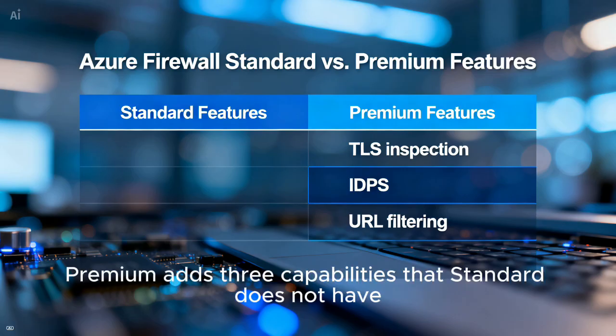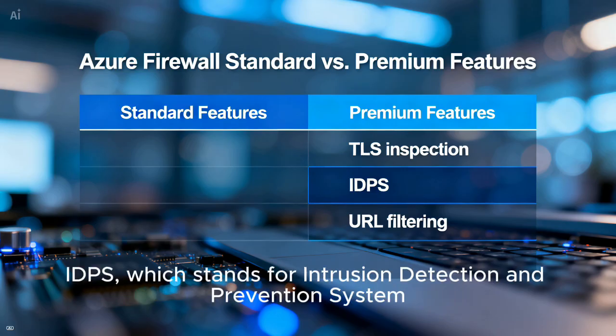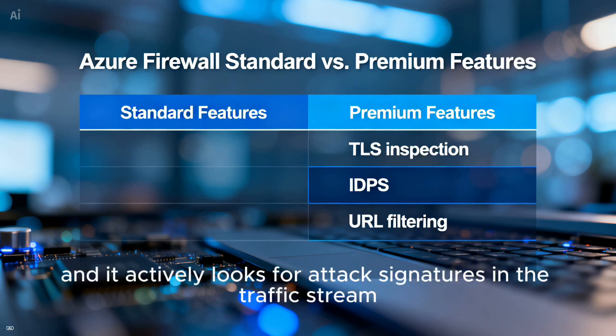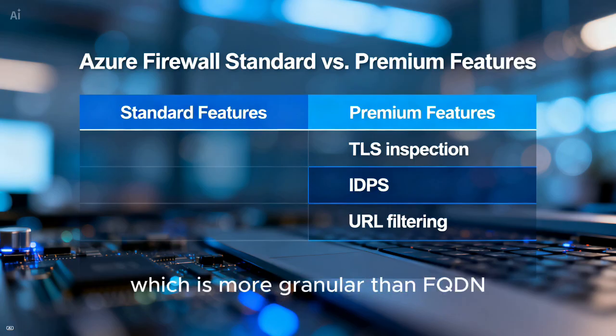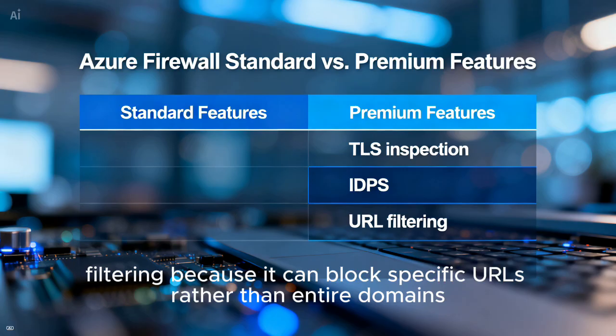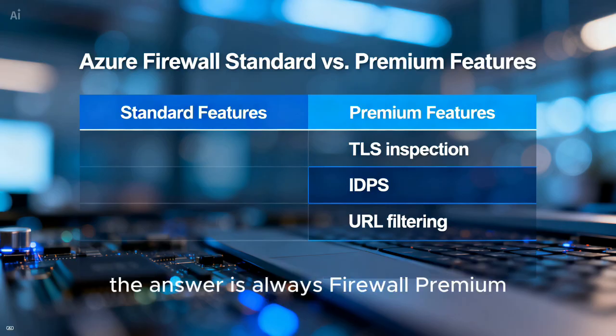Premium adds three capabilities that Standard does not have: TLS inspection, which means the firewall can decrypt and inspect encrypted HTTPS traffic; IDPS, which stands for Intrusion Detection and Prevention System, and it actively looks for attack signatures in the traffic stream; and URL filtering, which is more granular than FQDN filtering because it can block specific URLs rather than entire domains. On the exam, if a scenario requires any of those three features, the answer is always Firewall Premium,